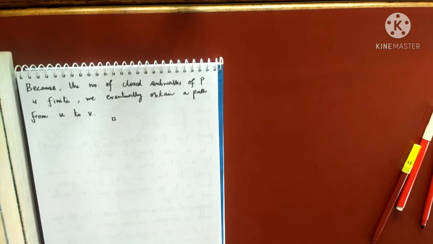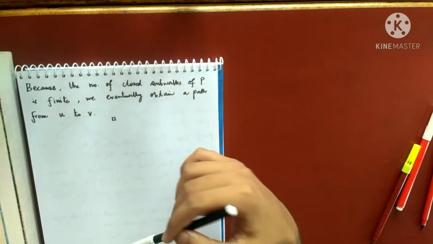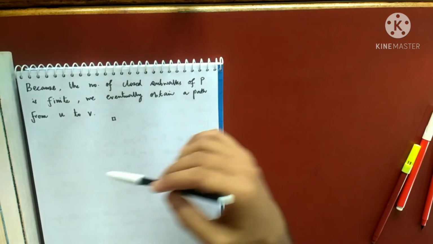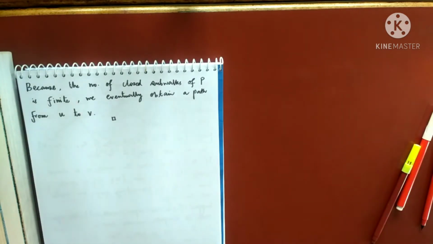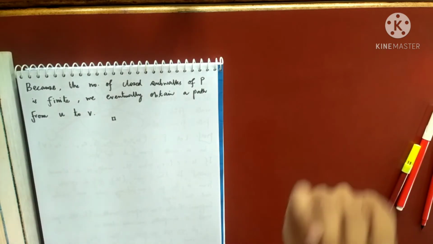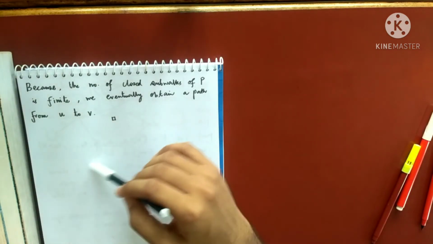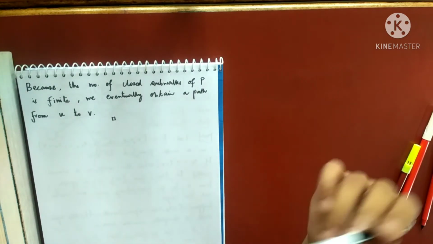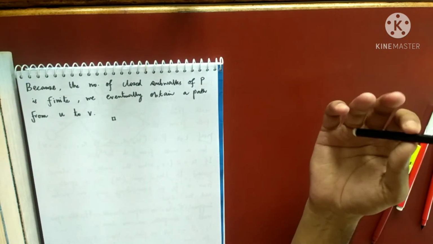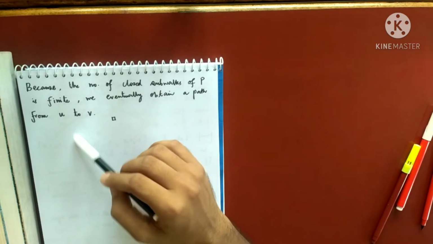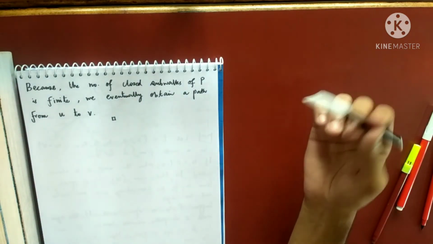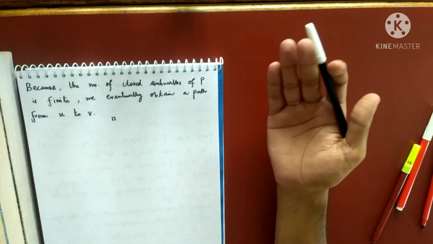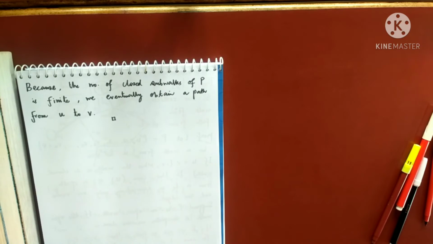So we understood one thing. Whenever I have a walk from one vertex to another vertex, if that walk is a closed walk, then just considering a single vertex, that U only as a path, will give me a path. And secondly, if that is an open walk, we remove all the loops and all the closed subwalks. Basically loops are also closed subwalks, by the way. Anyways, we remove all the closed subwalks of P and then we get a path from U to V. So this is the theorem. Whenever we have a walk, we have a path.